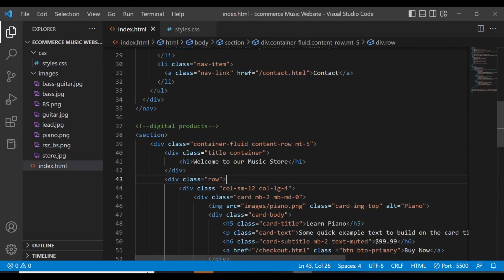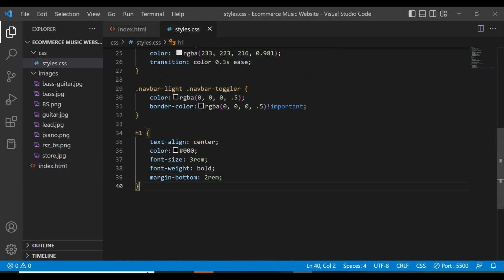So that was just the H1. Now I'm going to take the title container, which is within the div class, and then I'm going to add some styling on it. So here I'm going to have the title, which should be the title container. So here I'm going to set it